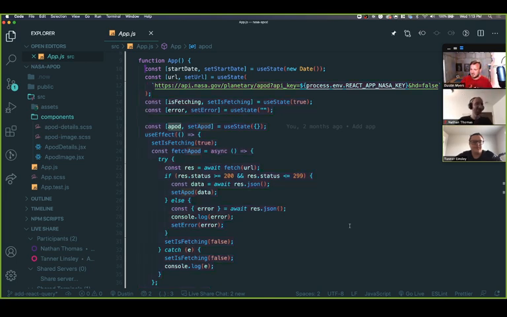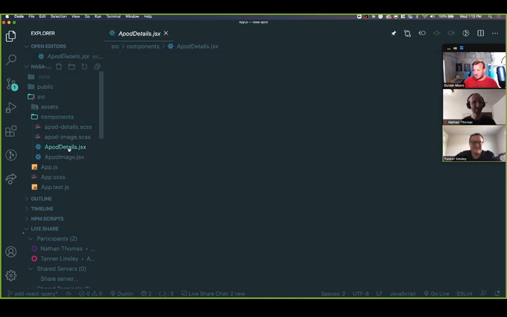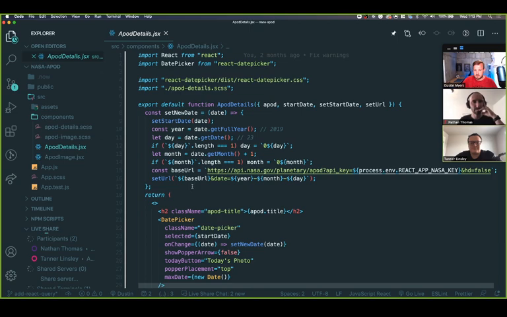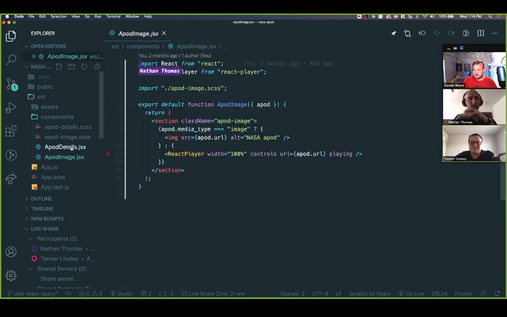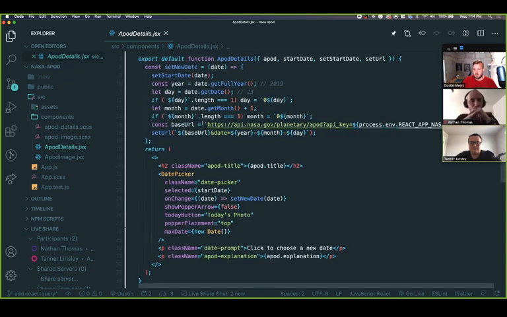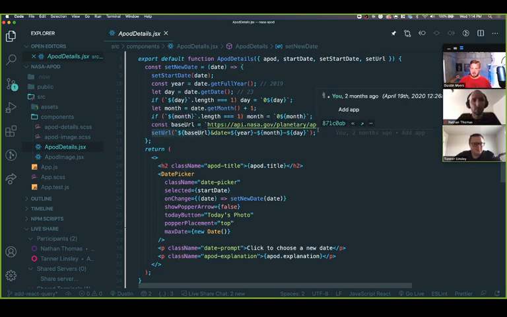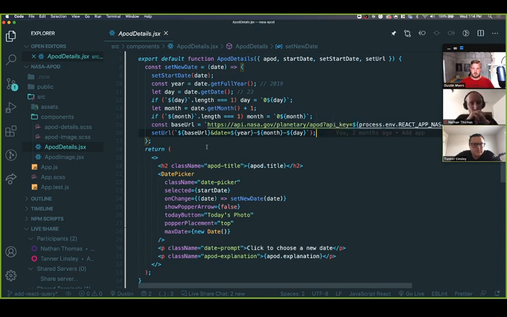Man, that sounds awesome. I'm all about deleting code. Yeah. And I think in the details, let's see, not details image. Maybe it was details. Okay, yeah. So here we've got another base URL. So we're calling set URL to trigger that effect to run again and fetch a new image based on whatever URL or whatever date we pick. So we do have a little bit of kind of repeated code